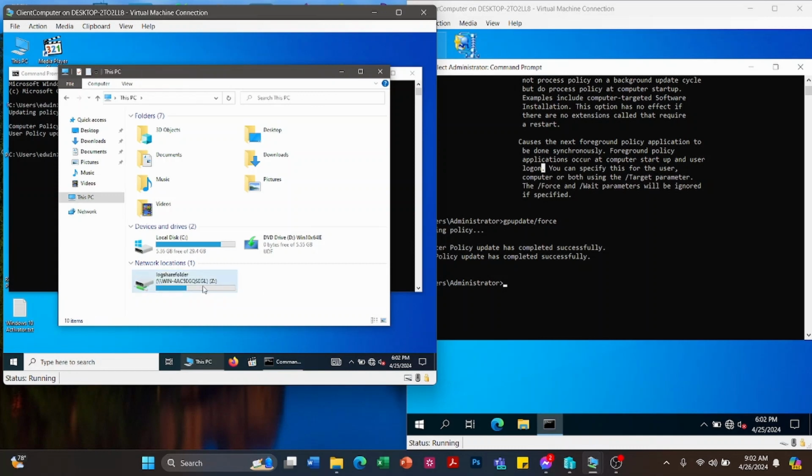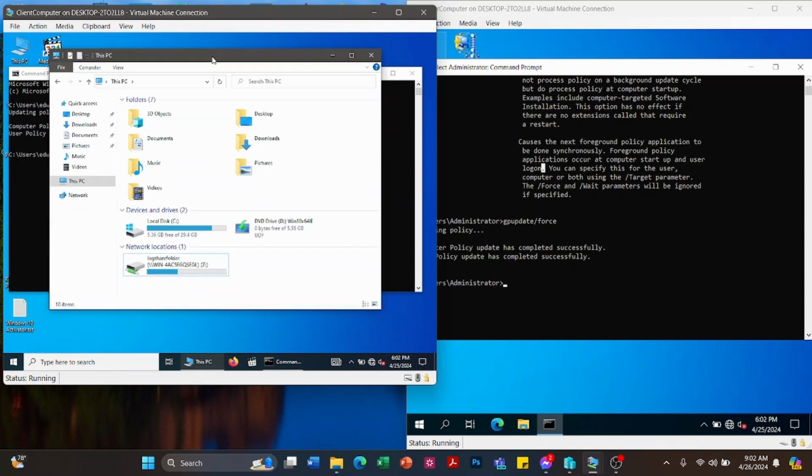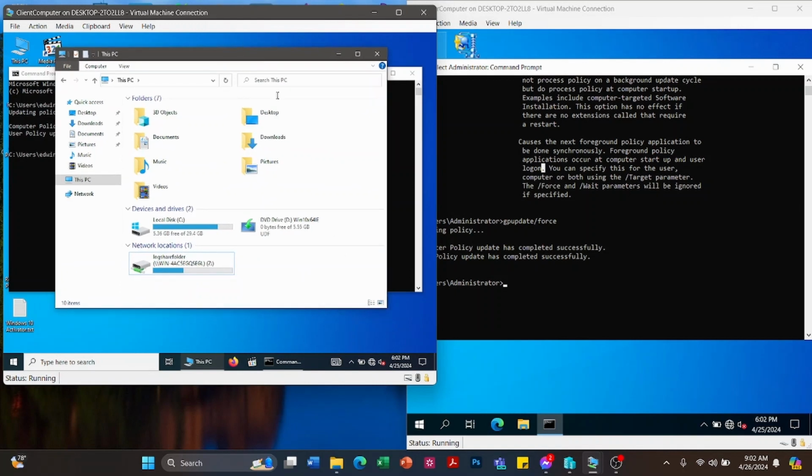Okay, so it's successful. Next one, after creating a log share folder and making it a map drive for the client computers of the logistics security group, we're going to set quotas and file screening for the shared folder. Meaning, in quotas, we're going to limit the storage to be saved in the log shared folder. Let's say for example, the server computer only wants the shared folder to be saved for a maximum of 2 gigs. So we can just set it up.